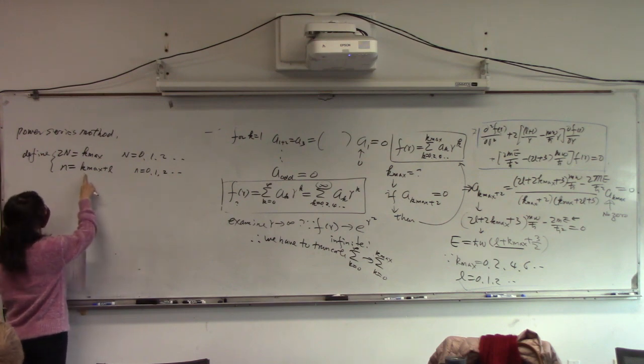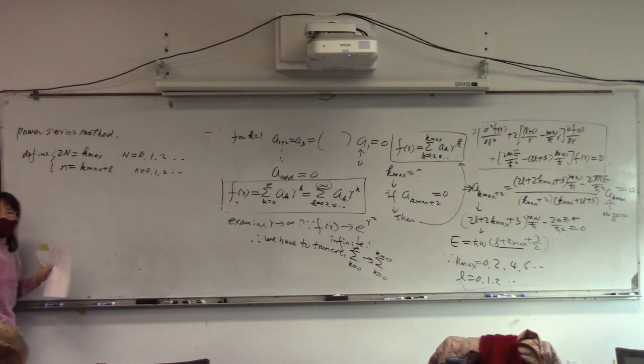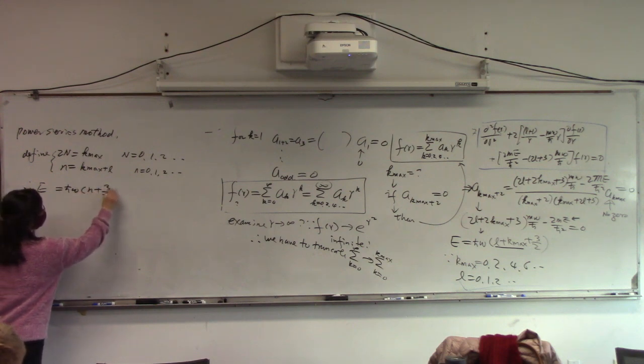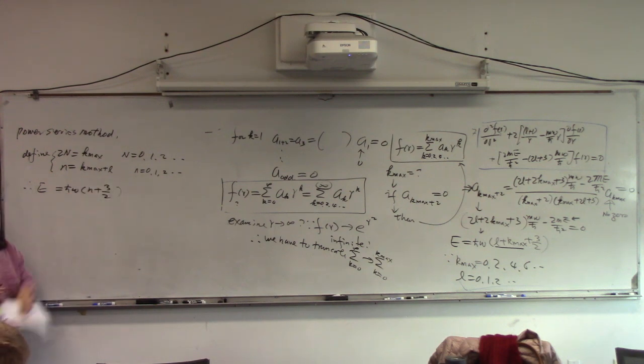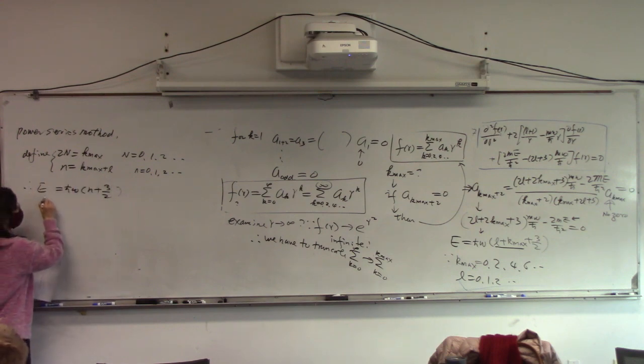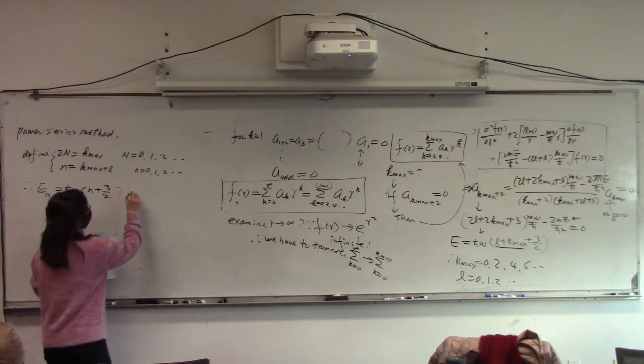And then Kmax may be 0 or 1, or this 0, this 1, so that the first one is 1. So the energy is h bar omega (m plus 3/2), independent of L, because whatever it is, they together give us another quantum number. Then I'm going to give an index here. So that is allowed